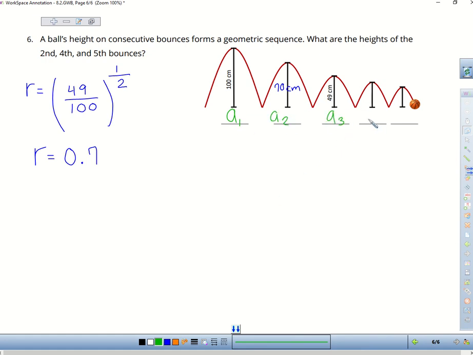How can I now find A4 and A5? Multiply 49 by 0.7. Good. And that's going to come out to be, I think, 34.3, right? Yeah. And then I think the last one came out to be 24.01 cm, if I remember correctly. Yeah. All right. Any questions about that? What do you think about geometric? Pretty good. Pretty good. A lot of people will say it's harder than